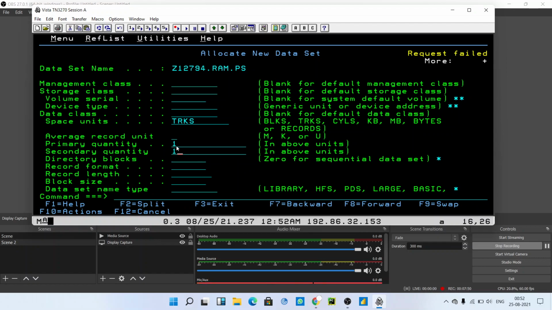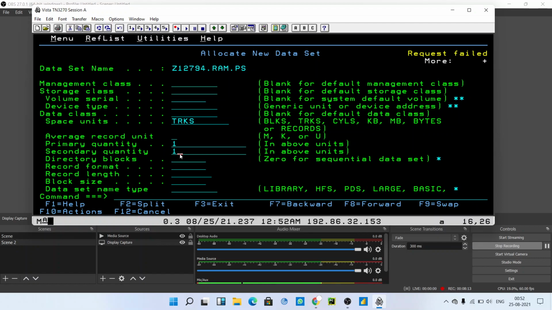You will be allocated one primary quantity. If you use that primary quantity 100%, then the secondary quantity will be given to you for your use. That is, if you use 100%, after that the secondary quantity will be given to you for storage purpose.